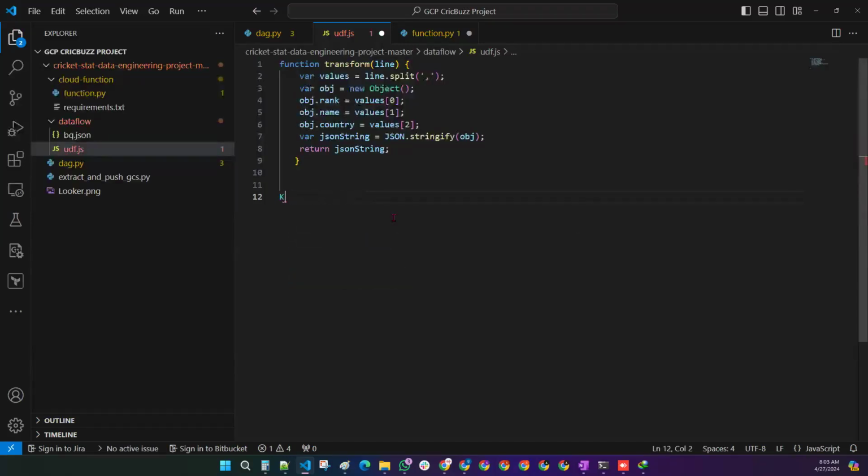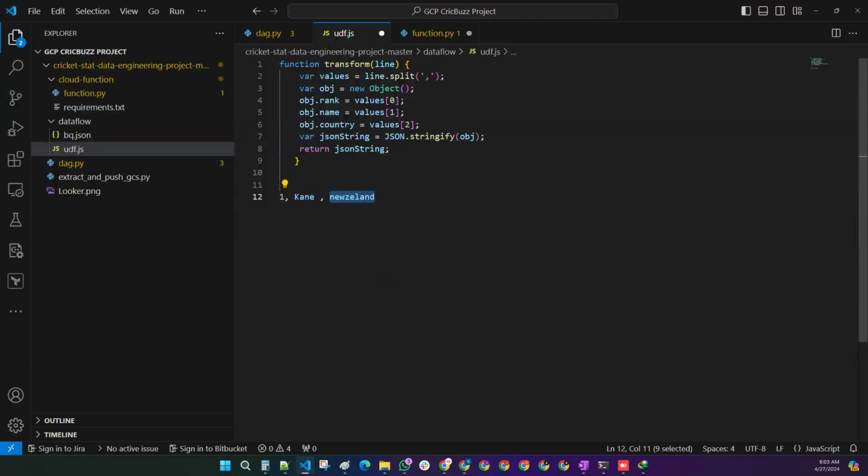What is happening here? Kane Williams, and you have here, okay, first the rank is 1, Kane Williams, and the country is New Zealand. So this is how it is. What you are doing, this is your line. You're going to split the data based on the comma. When you split the data based on comma, this becomes one object, this becomes one object, this becomes